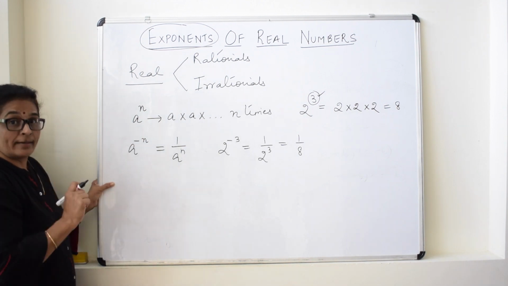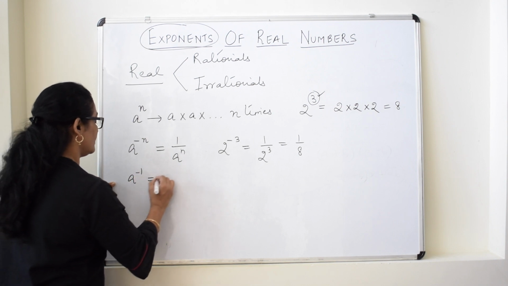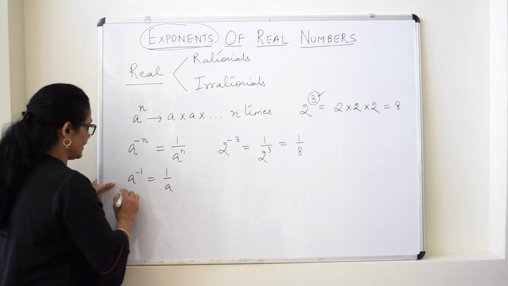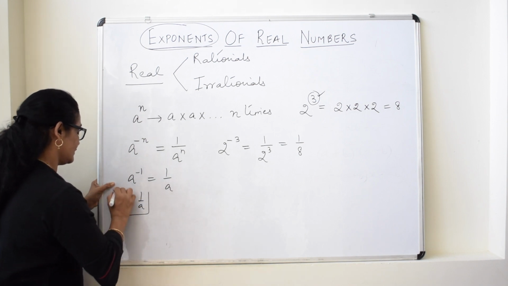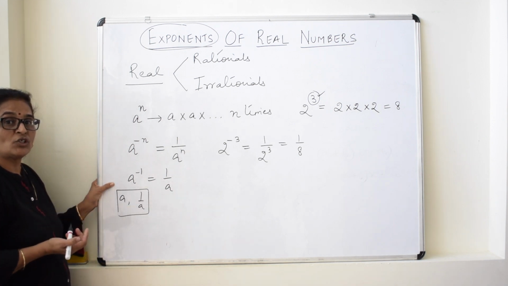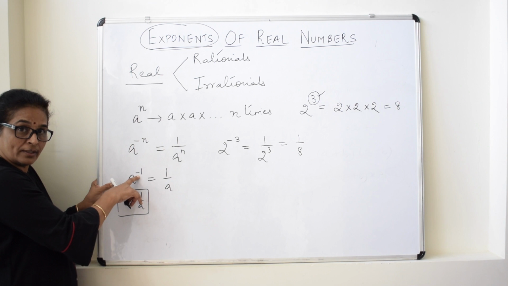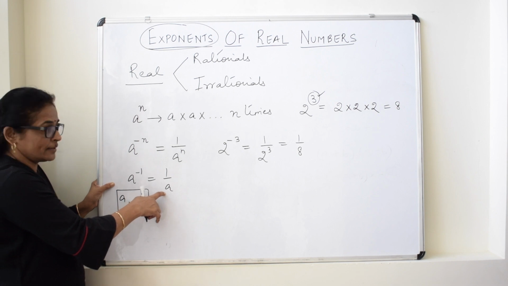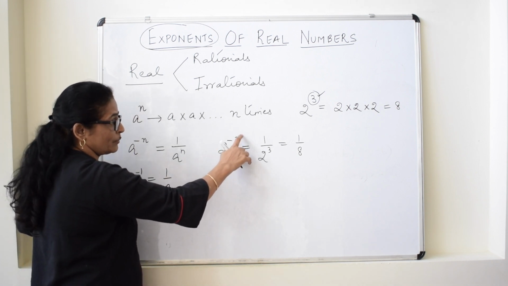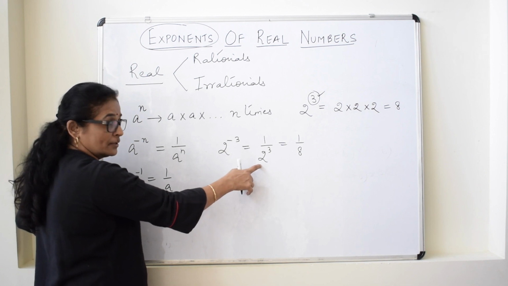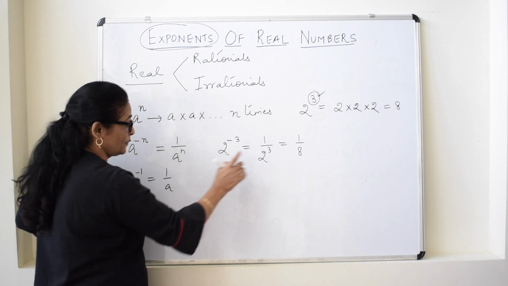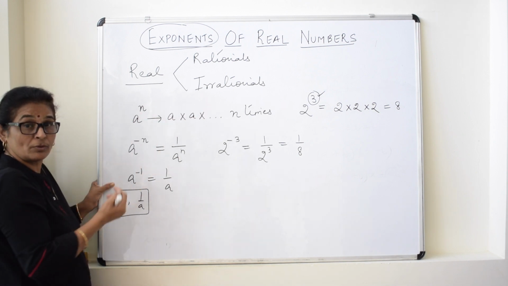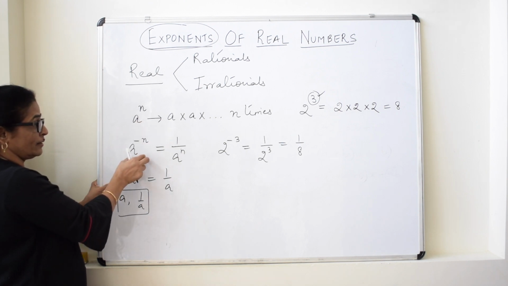Suppose n is 1. So it will be a raised to the power of minus 1, that is 1 upon a. Now this a and 1 upon a, these two are called reciprocals of each other. So power minus 1 means the same base with the positive power will go in the denominator. Here the power is negative, the same power becomes positive, but the number goes to the denominator, and there we will solve it. Clear? So this is about exponents, what to multiply and how many times it is to be multiplied, with a positive power and a negative power.